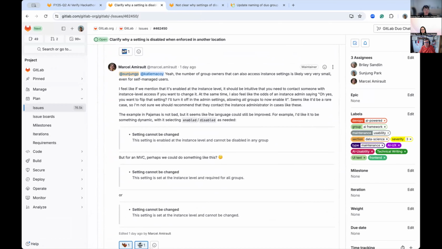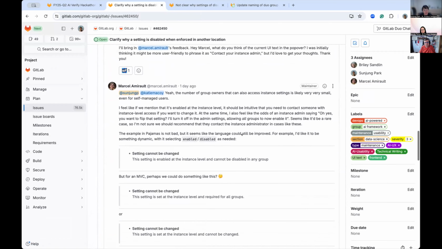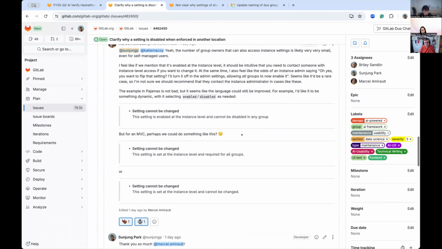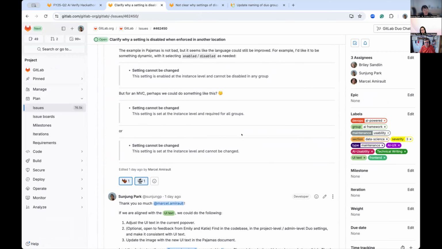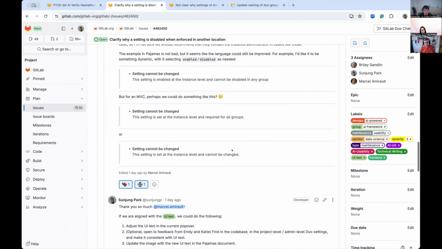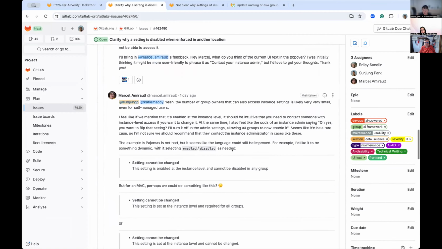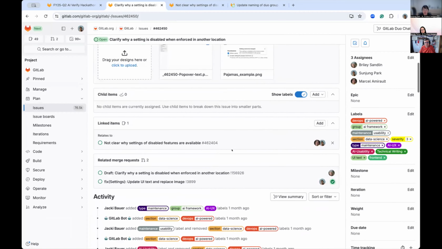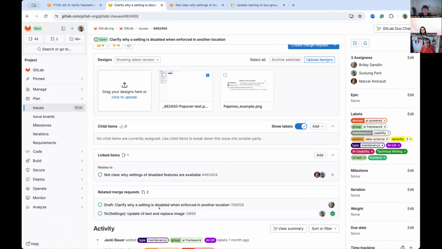So I think what Masil suggested here is very, very correct. So we improve the UI text, rather than just providing a link or maybe mentioning an instance that means you should talk to them, because probably there's no way to talk to them. So we settled on this design, and I also created another MR that is being reviewed, I believe, and